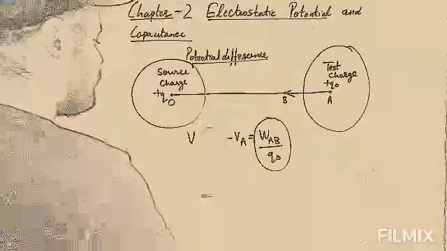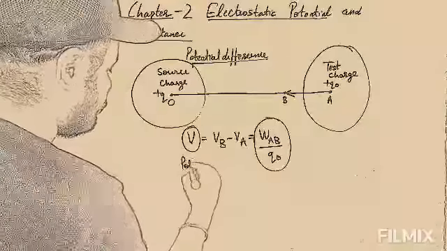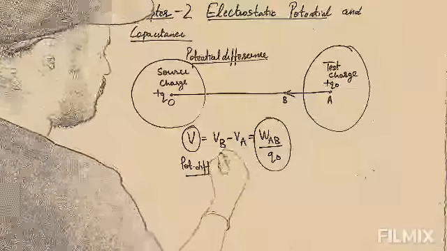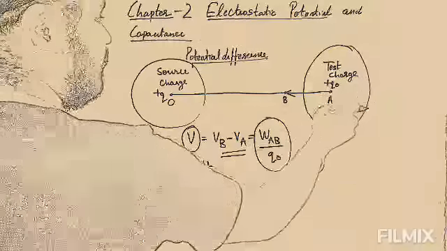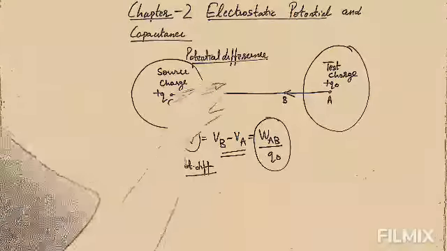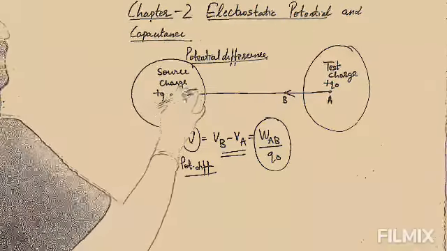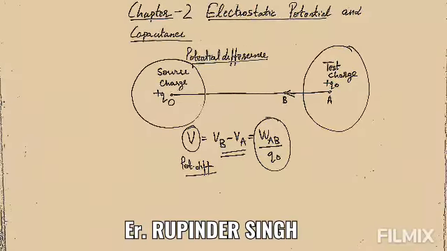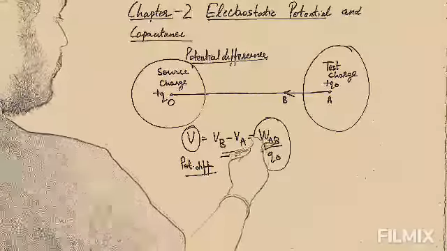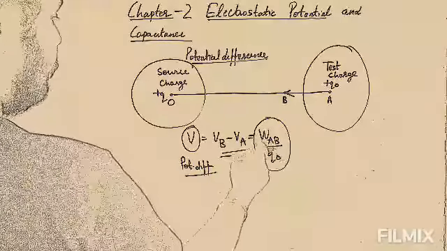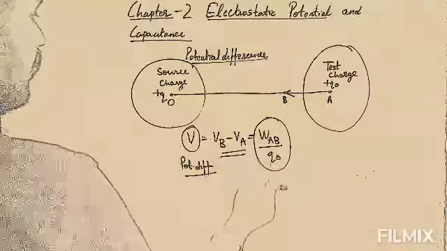So potential difference here is defined as the difference in the potential between 2 points, that is A and B. It is defined as work done in moving a test charge from A point to B point against the electrostatic force of repulsion that is provided due to electric field of the source charge. So when the test charge is going to move from its place, it will always experience some repulsion force. So always a work has to be done against that force of repulsion. That work done is given as WAB, and moving this test charge, that is given as Q naught.